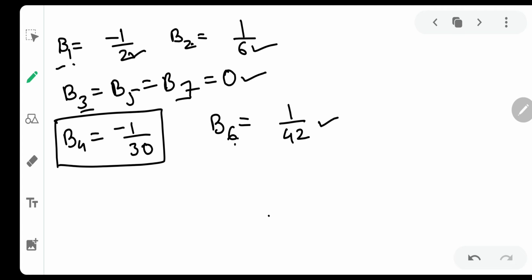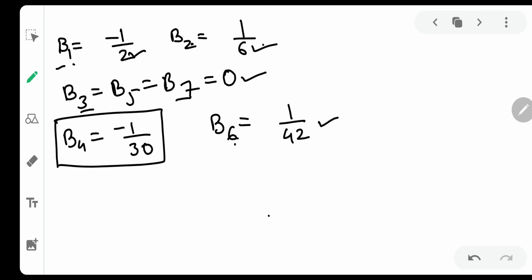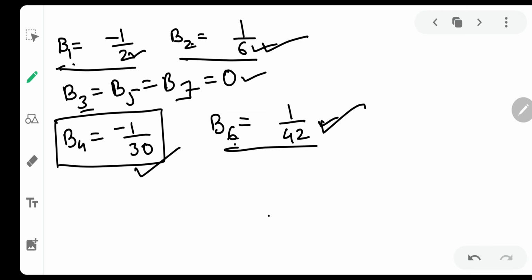Now these b numbers are definitely out of your syllabus, and neither am I that smart to explain this in this shorter video. So we will skip that part, but the trick basically revolves around the b numbers. I hope you can remember these b numbers very well. So the first part is knowing what is f(n). That's what I have told you, and then I have also asked you to remember the b numbers, which are very easy to remember. Look, b1 is minus 1 by 2, b2 is 1 by 6, b6 is 1 by 42, and b4 is minus 1 by 30, and the rest, b3, b5, b7, are zeros.